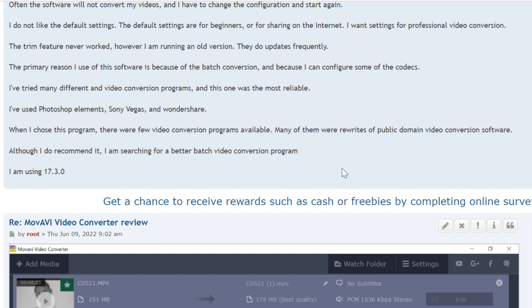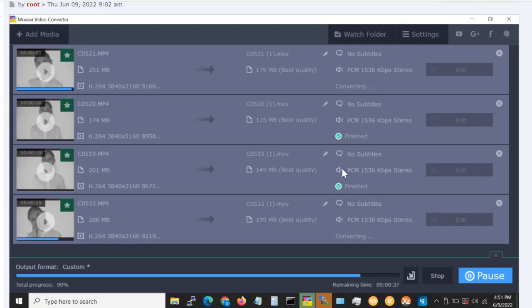And for ease of use, sometimes it doesn't work. You got to rerun it. It's no big deal. And I don't like the interface because you see all the empty space over here, and